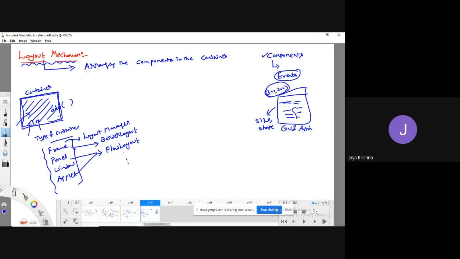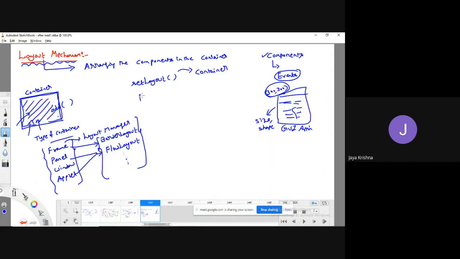Okay, fine. So if you understand the various types of layout mechanisms, you can use a specific layout mechanism for your GUI application. That depends upon your requirement. If you want to specify a specific layout mechanism for a container, then we can use a method called the setLayout method. The setLayout method is used to specify the type of layout mechanism used for my container to develop a GUI application.